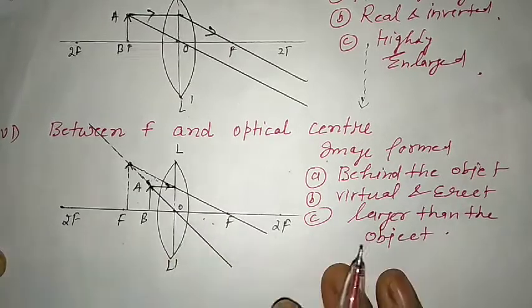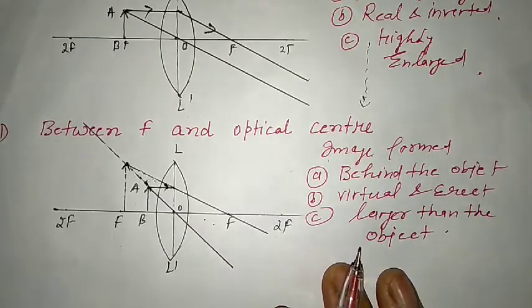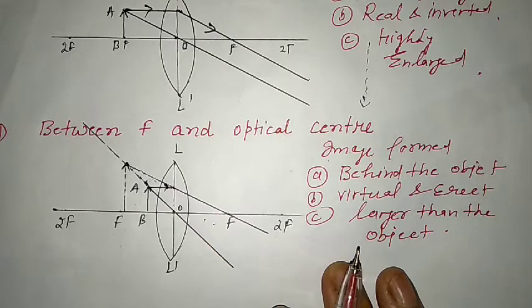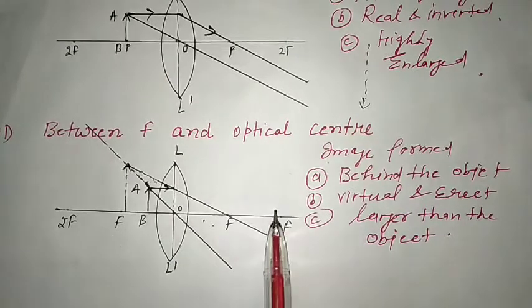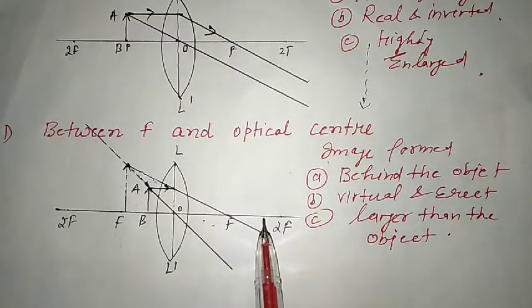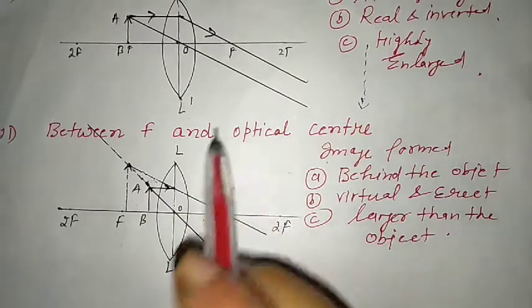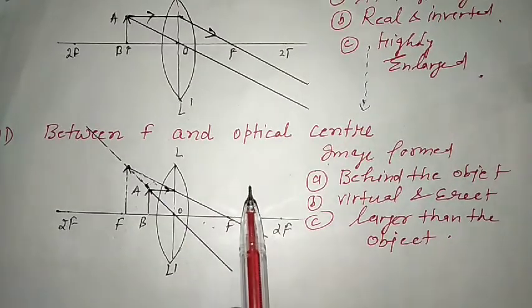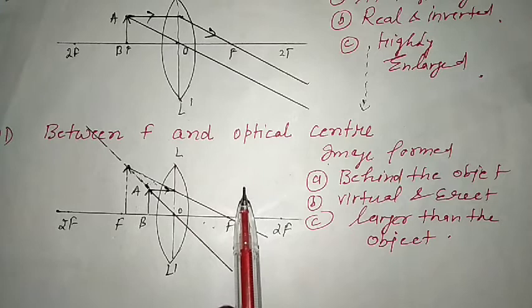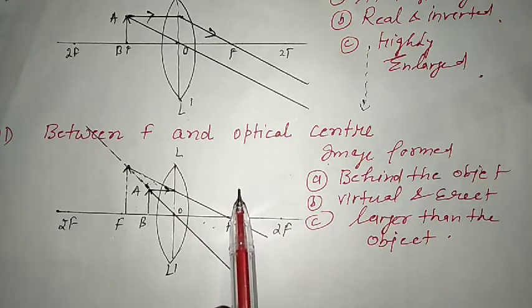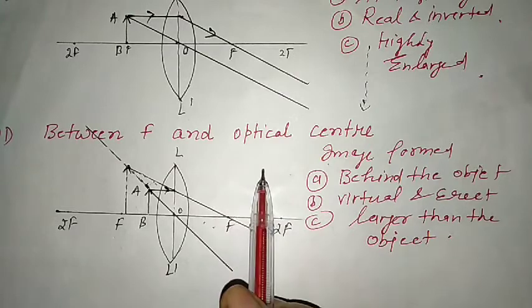So these are the 6 cases. All 6 cases in which we are having the different type of images. So here we have to draw ourselves all these type of images. So you can see here the convex lens just has the same type of properties as a concave mirror. Convex lens and concave mirror.